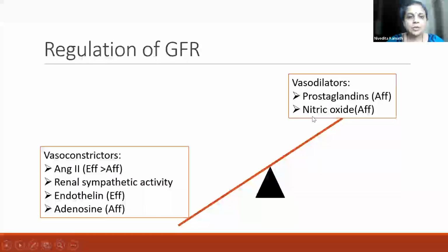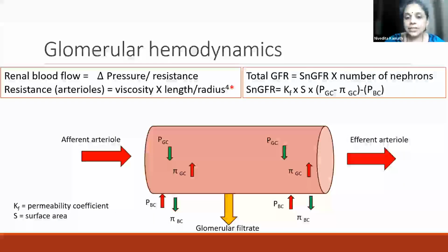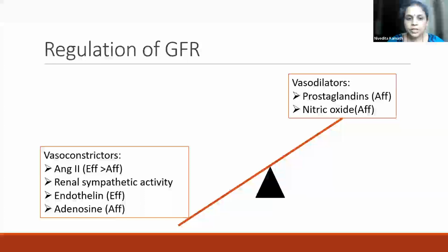So the intrinsic regulation, which is called autoregulation, like in all other major organs, takes place by the myogenic reflex as well as the tubuloglomerular feedback. But there is a lot of extrinsic regulation as well, by a delicate balance that is maintained between the vasoconstrictors and the vasodilators. Now, in older children and adults, this is important in situations where the renal blood flow or the GFR is compromised. Say, for example, a child with dehydration, where there is a low intravascular volume